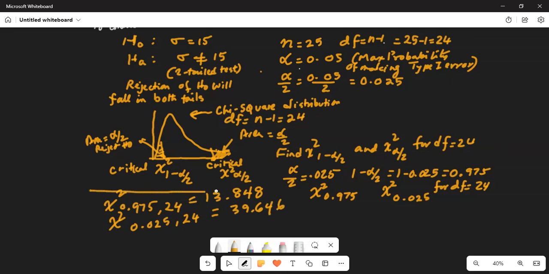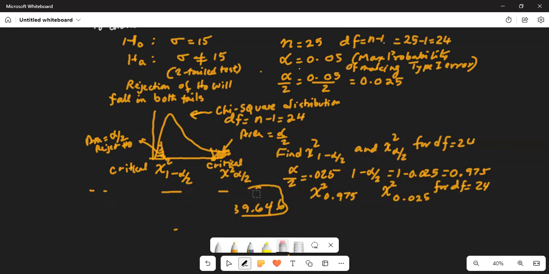Okay, so these two are my critical values. Maybe I'll do a better job if I erase this one. Let me write it again and do a better job so that there's no confusion. So critical values, I'll list the critical values. Okay. So critical values are